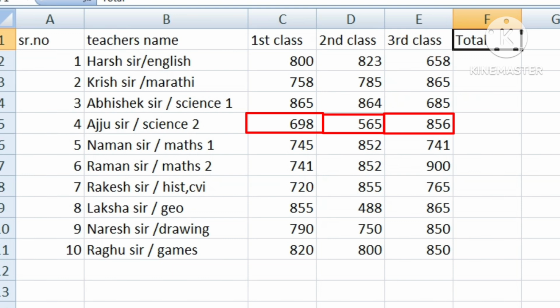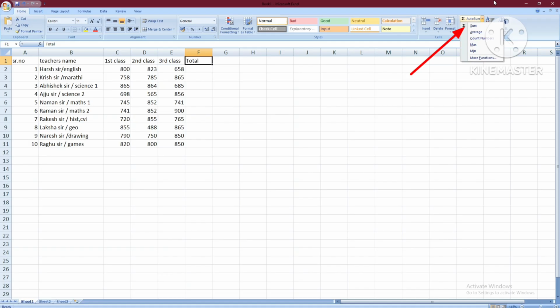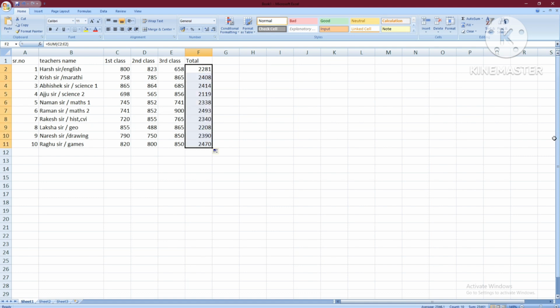Okay, so we have to select the data, click on AutoSum, click on Sum, and press the Enter button. Boom, we can see our addition is ready in front of us. Okay, cool. Now I will show you how to create a